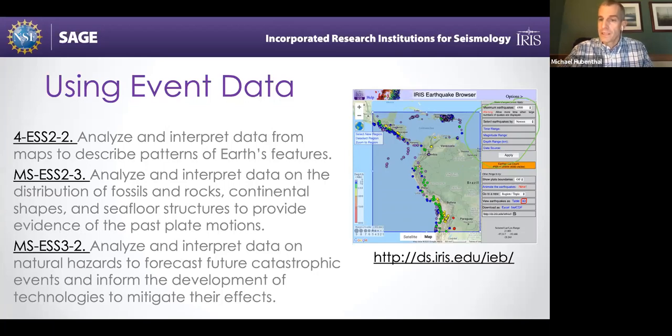And then what's nice is you can export that data into various formats, whether Excel or a table format, so that you can then have your students actually work with that data and do things. So it's a useful tool. The URL is here on the screen, but it will also be in the slide deck at the end if people want it. So the next place that I wanted to look at is,